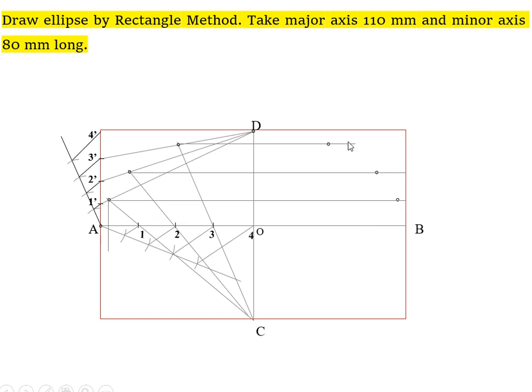Next, on these 3 points 1, 2, 3 draw the perpendicular line. Similar procedure on this corner block also. Take the length of this and cut an arc in this direction. Same, another point, draw the line. Here take the radius from here to here and cut an arc on the line. Similar procedure for all 3 points.